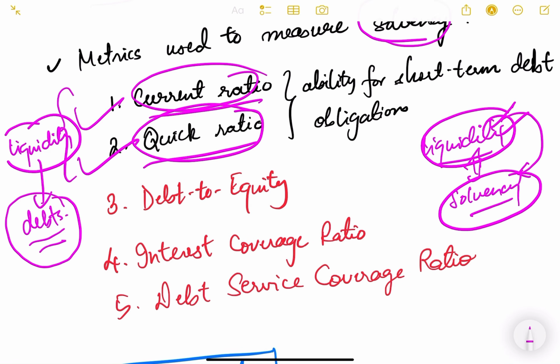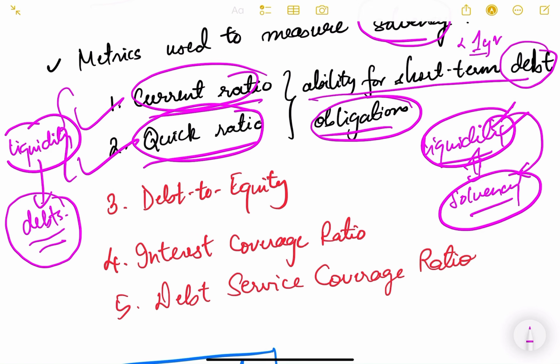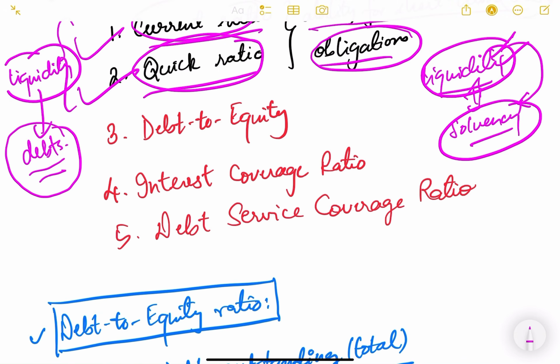So we know that these are the metrics used to look at the ability to pay the short-term debt obligations, right? So that is short term meaning less than 1 year loans and debts, whatever is there, the ability to pay these is looked at by these two metrics, current ratio and quick ratio. So they are also used to look at a company's solvency, because a company's loan may consist of